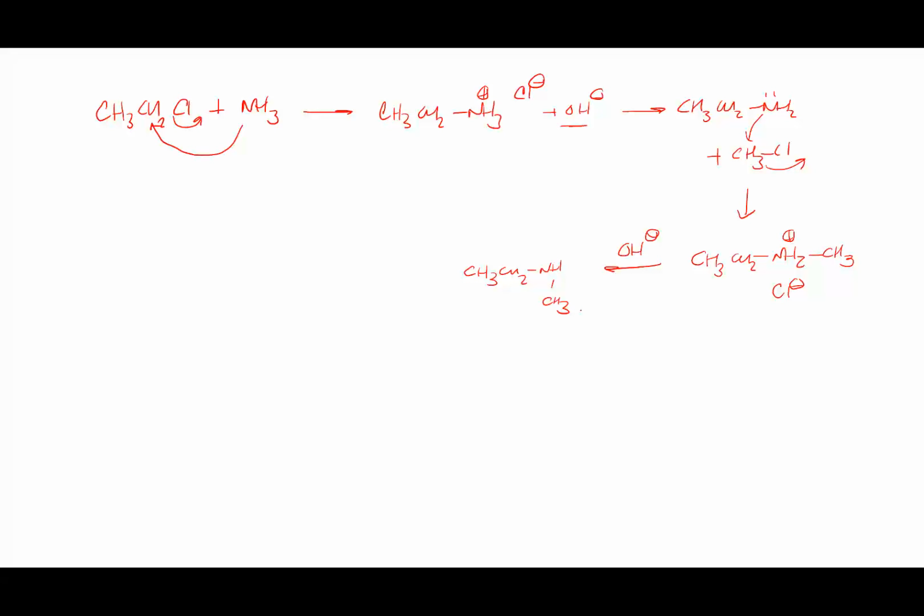So in other words, I can make my primary amine, then I could make a secondary amine. I could use the same alkyl group, or I could use a new alkyl group. So one of the ways to make whatever amine you want is to do a series of SN2 reactions. But the SN2 reaction always has to be followed by base in order to make the free amine. So that's a pretty straightforward method. There's another method